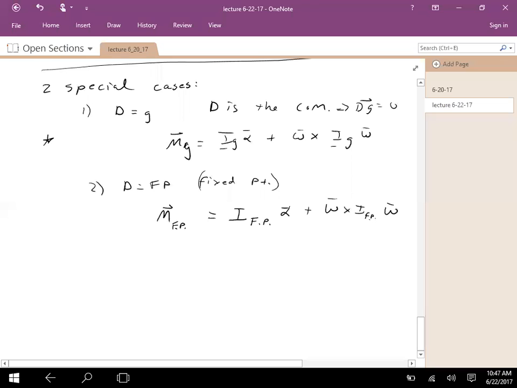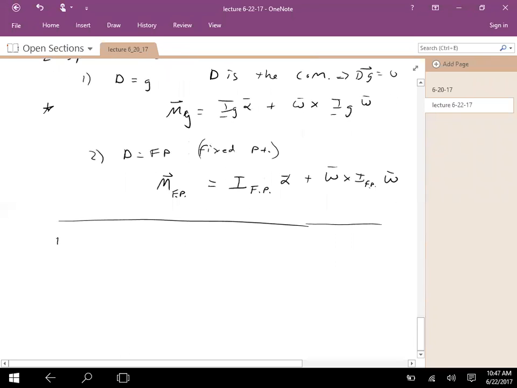All right, so two special cases, subsets of that process. Next, let's expand Euler's rotational equations into matrix form. And from here on out, I'm going to write Euler's rotational equations about the center of mass. So M_G,